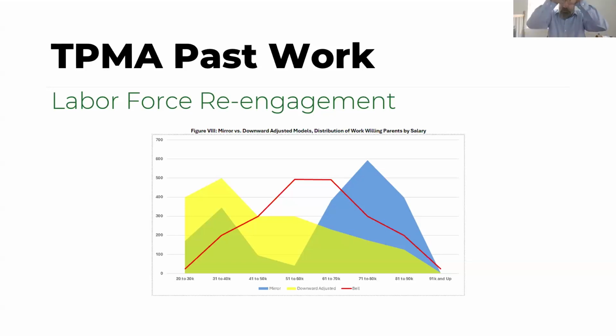If you expected people to distribute normally across the region, this would be the jobs. Now we know that's not ever the reality. So what we did to juxtapose that is we plotted the earnings by category with the yellow, which is skewed to the left, that's downward adjusted. And of course, the mirror model, which skews a little bit more heavily to the right to sort of justify what we were doing there.